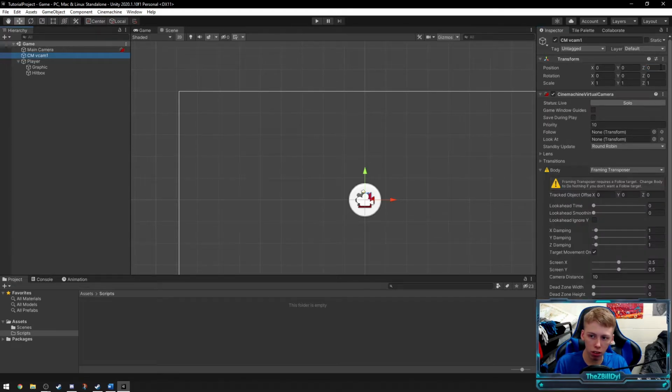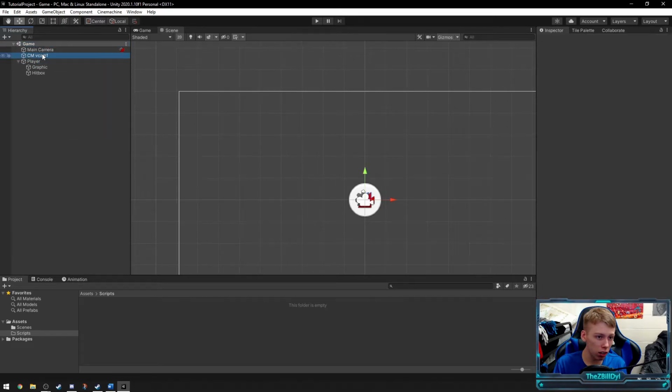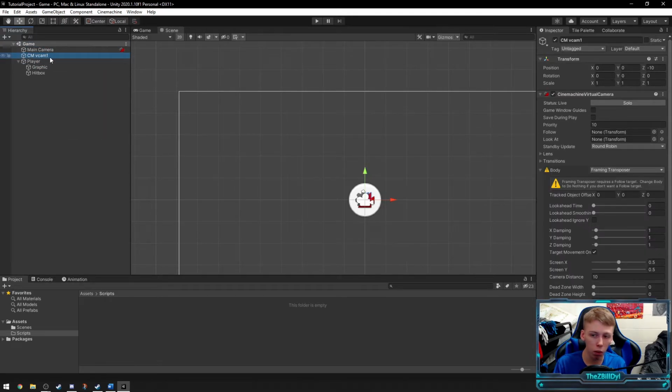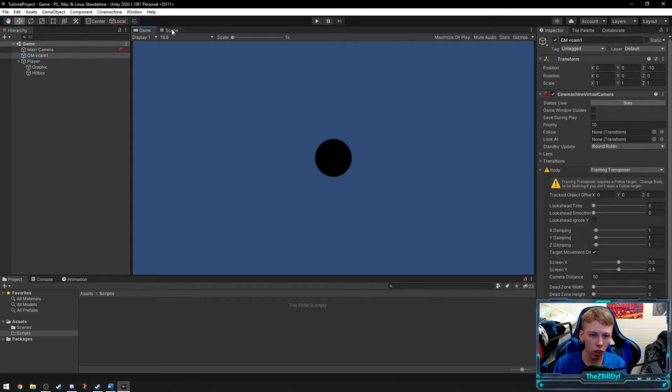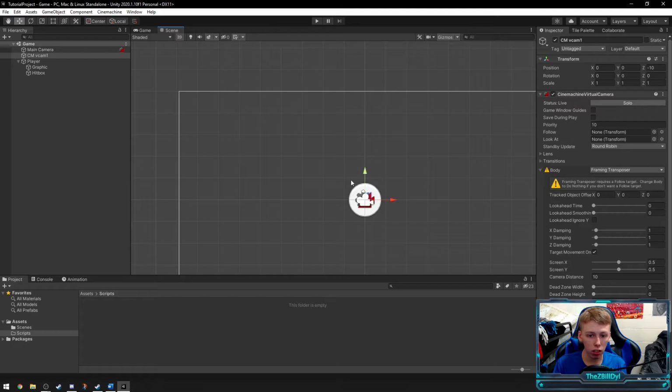If you are doing this, basically what we just did was, the Z position of our camera is supposed to default to -10 in the Z direction. I don't know why it didn't, but it should. Go ahead and change that. You want to change the one that says CMVCam1. Just in case it didn't default to -10, you want to do that, because otherwise your camera's not going to see the object here,